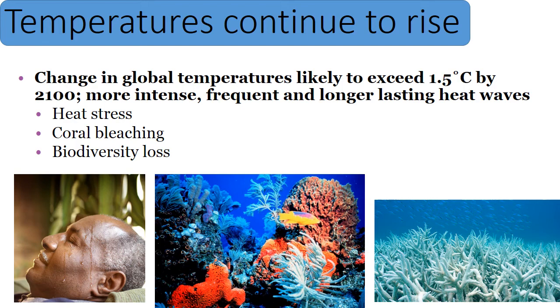Down at the bottom, we have an example of a healthy, vibrantly colored coral, and on the right, we have bleached coral. That's what happens when it gets too hot. If you have coral bleaching, then the coral dies. You will not have the fish and the biodiversity, so we'll have a loss of biodiversity, and we'll also have a loss of protection from waves from the ocean. Corals act as a breaker for waves. If you lose those corals, then you will have higher waves that come onto shore, and that is going to affect any coastal development that you have.